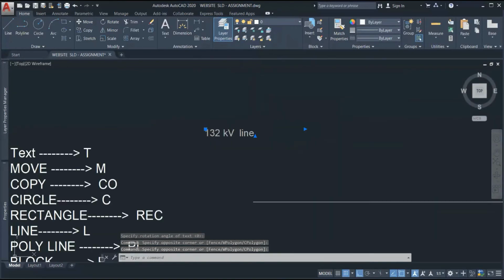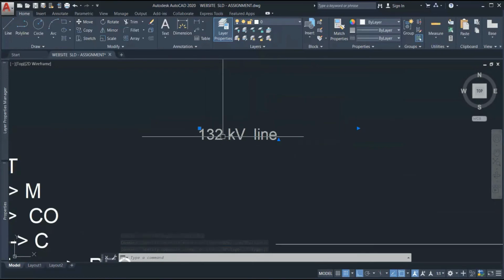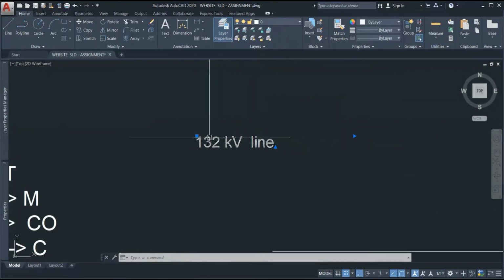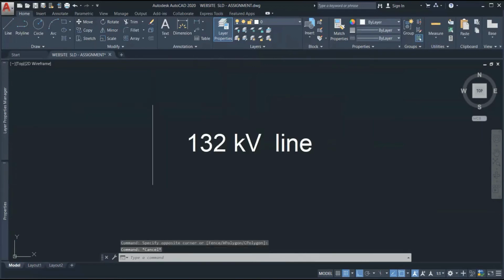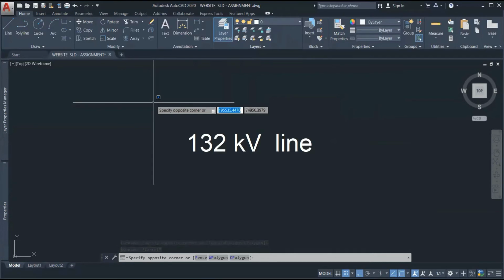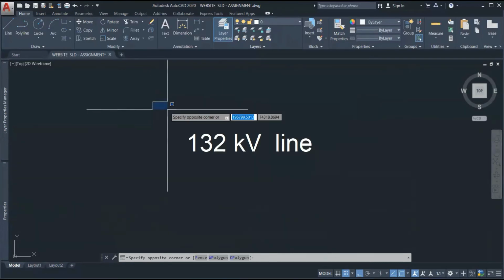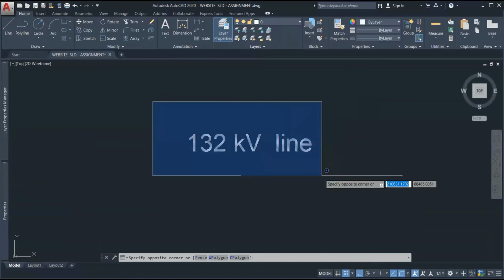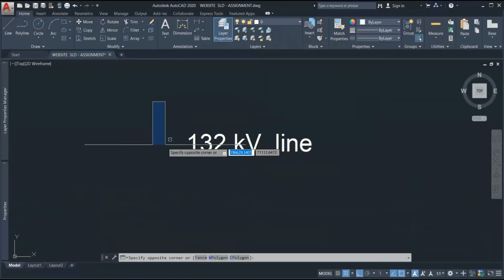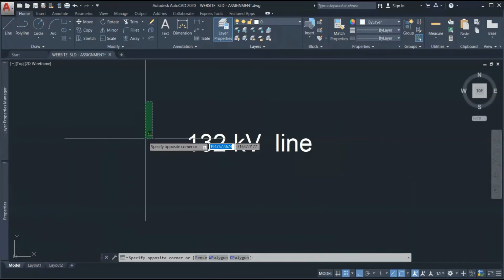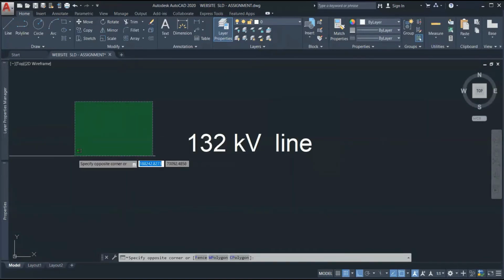To select the object, like this text is an object, if I want to select the object, I'll just click once, so this green dot will appear, right? It is visible, it is showing green, blue. If I'm drawing from left to right it is blue, and if I go from right to left, it will be green.